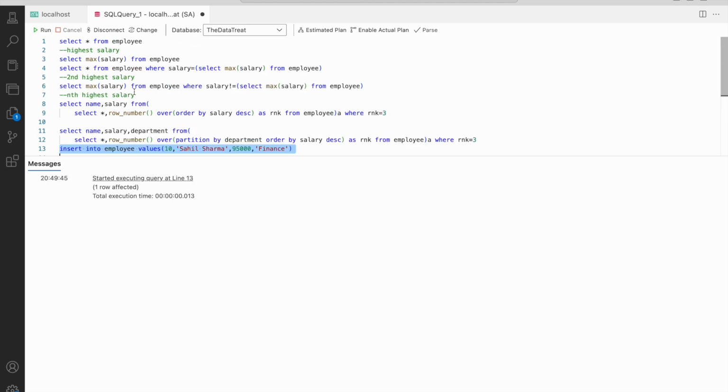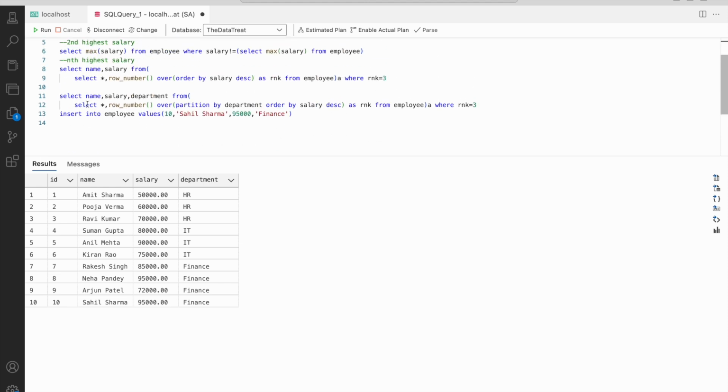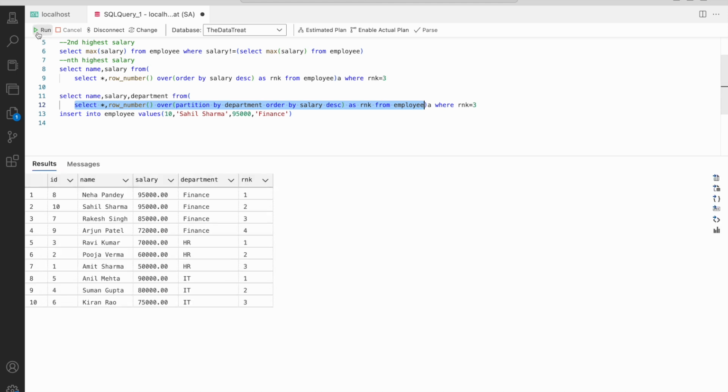Okay, now let me check it again. So if you see now the 10th record, this Sahil Sharma has the same salary, 95,000, as row number 8, and the department is also the same. So if I now run this query, the inner query, look, for finance it is saying 1, 2, 3 and 4.